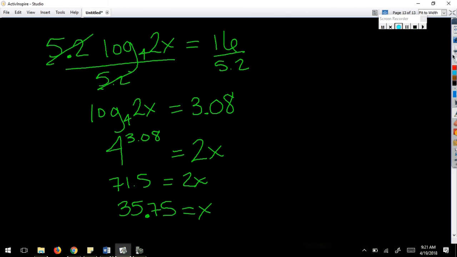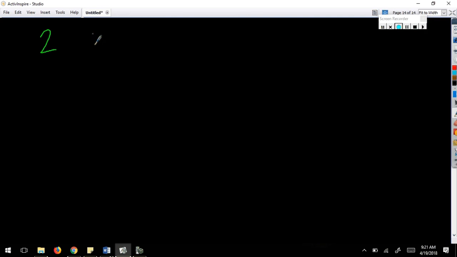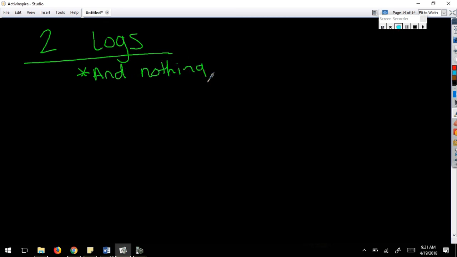All right, let's look at the scenario with 2 logs. If you have 2 logs and nothing else, only 2 logs, that's it, as long as they have the same base, and ours are going to have the same base for right now. So, for example,